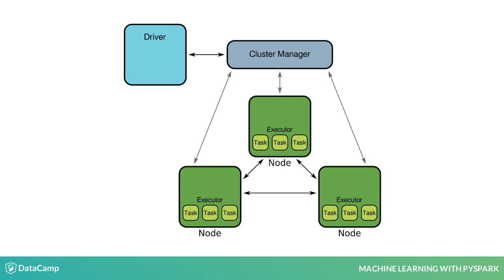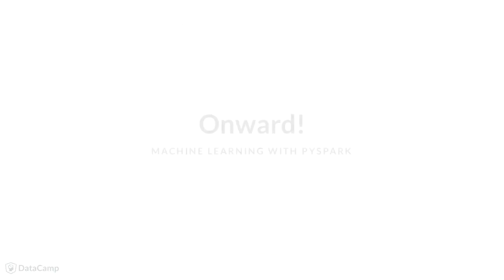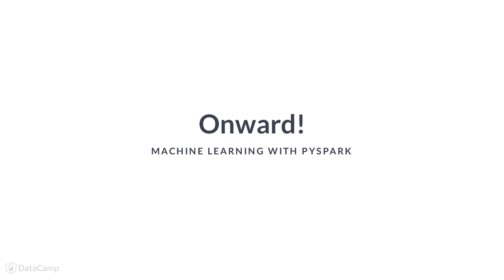When working with Spark, you normally don't need to worry too much about the details of the cluster. Spark sets up all of that infrastructure for you and handles all interactions within the cluster. However, it's still useful to know how it works under the hood. You now have a basic understanding of the principles of machine learning and distributed computing with Spark. Next, we'll learn how to connect to a Spark